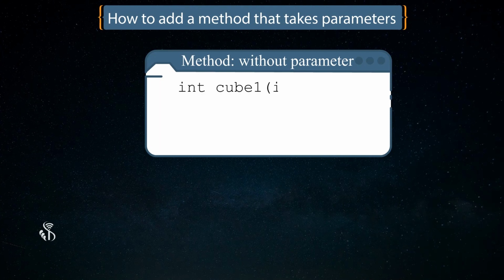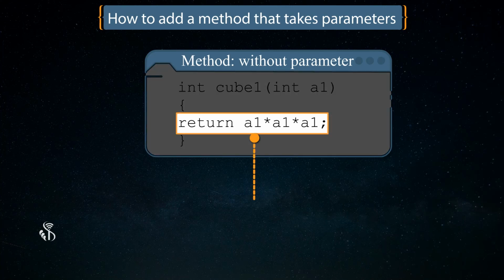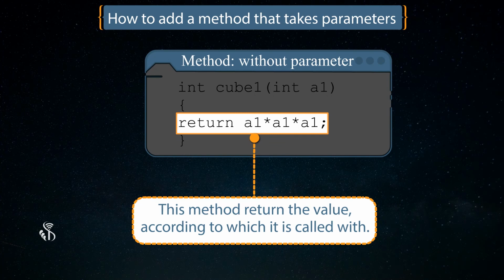int cube1(int a1) { return a1 * a1 * a1; } Here the method cube1 will return the value according to the argument it is called with.